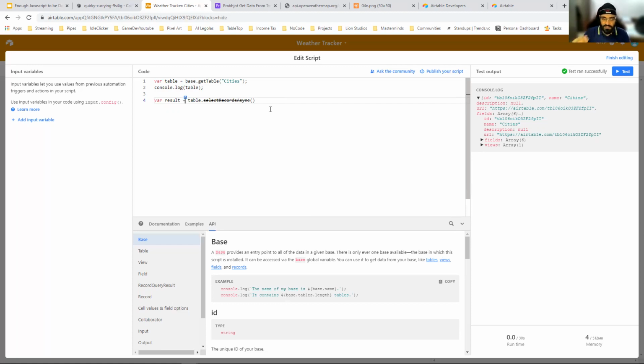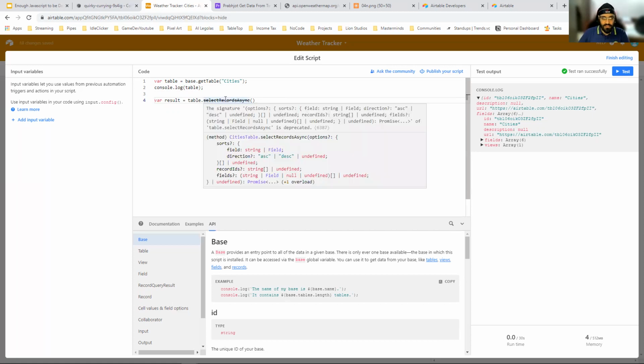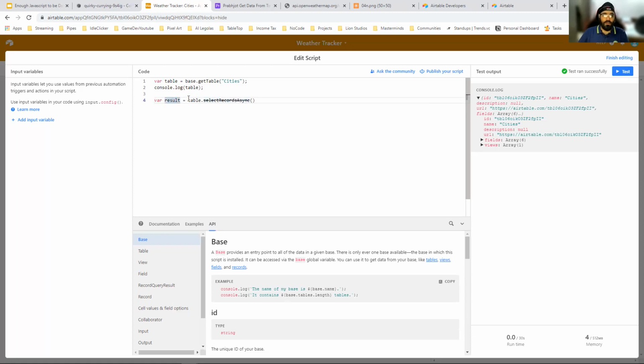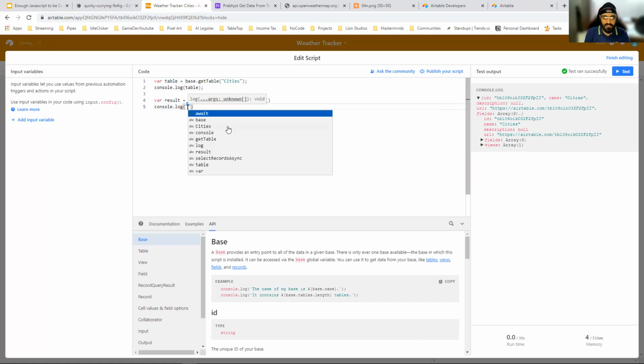In async, the thing that is running the task will give you a promise, right? I promise you that I'll do this task in the future, and when I'm done, I'll inform you. So you can look here. It says select records async, and the return is a promise. A lot of coding takes principles from the real world. So it returns a promise, and the way you call these is with an await. Whenever you're running an async process, you have to add an await in front of it. This will basically not go to the next line unless this thing has completed.